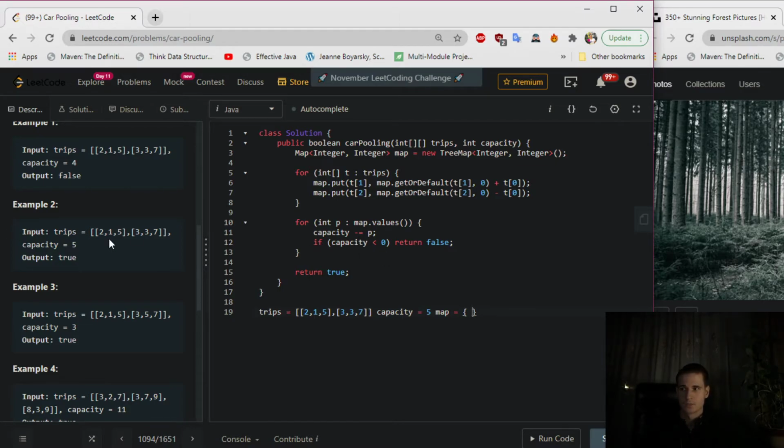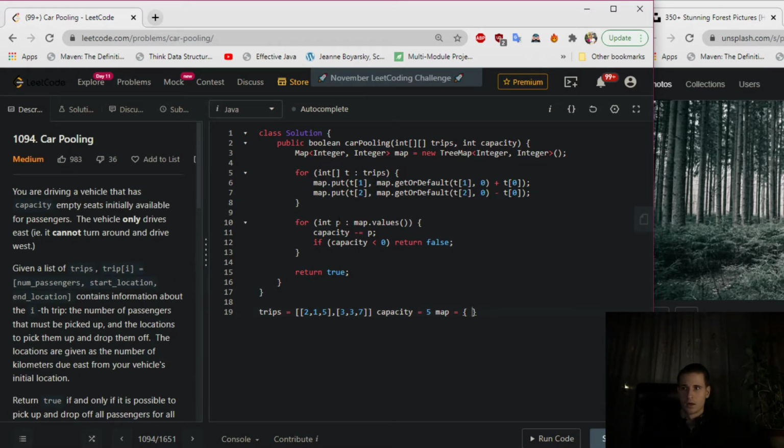I got no keys. Here we start looping, right? We say the first trip right here, the first one. We put